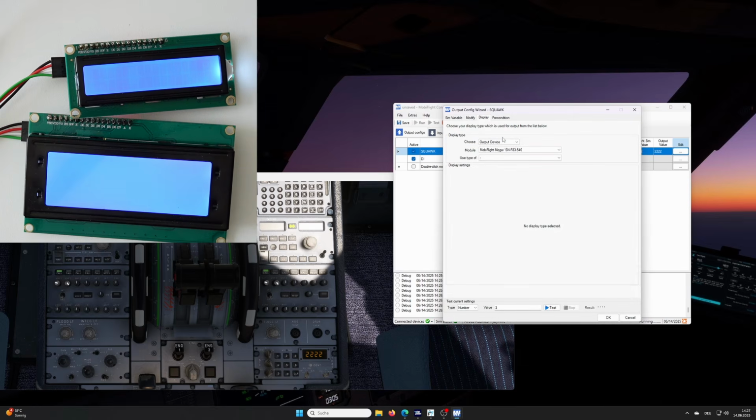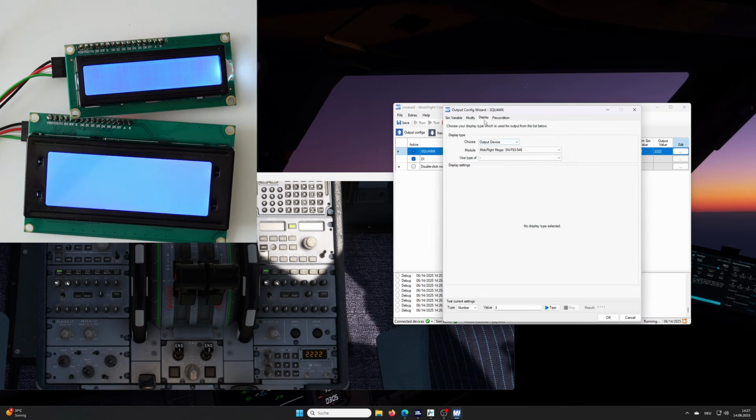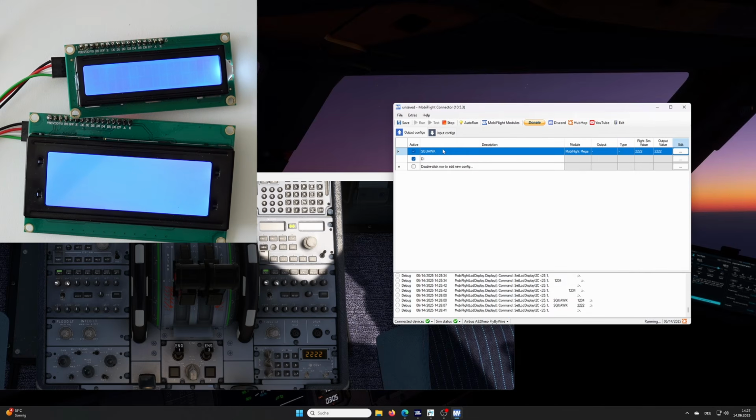It's not possible to collect all the data for the heading, for the speed, for the SQUAWK code and the frequencies, and therefore I don't print it directly to the display. So the display is empty right now, but it's stored in this line of configuration, and later when I change this one to display,